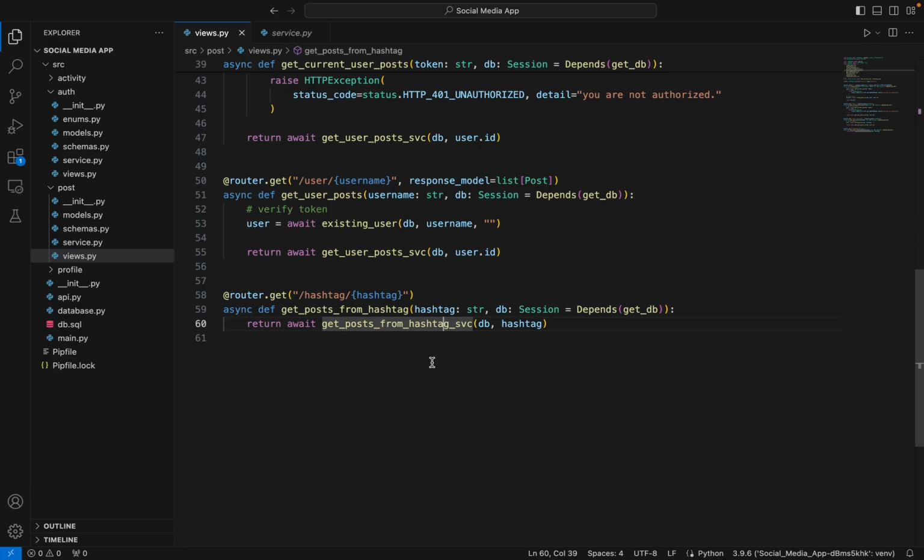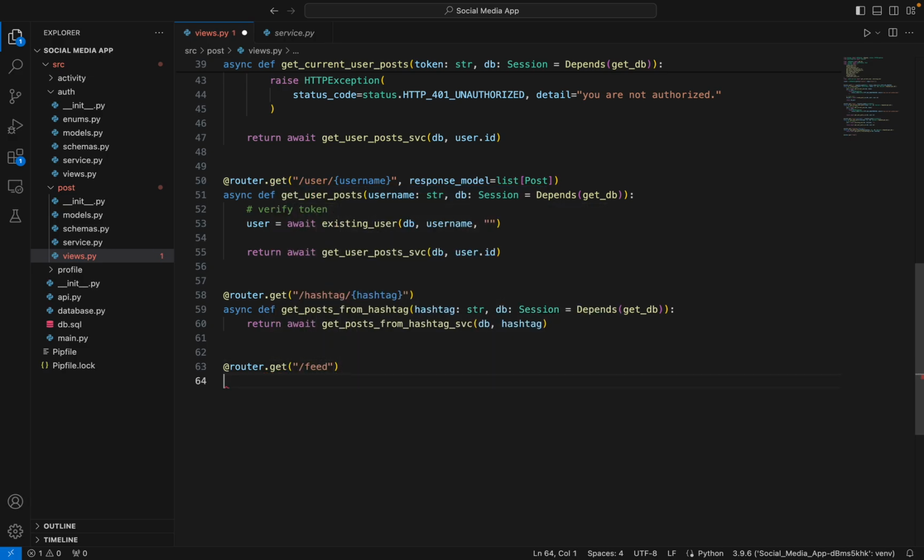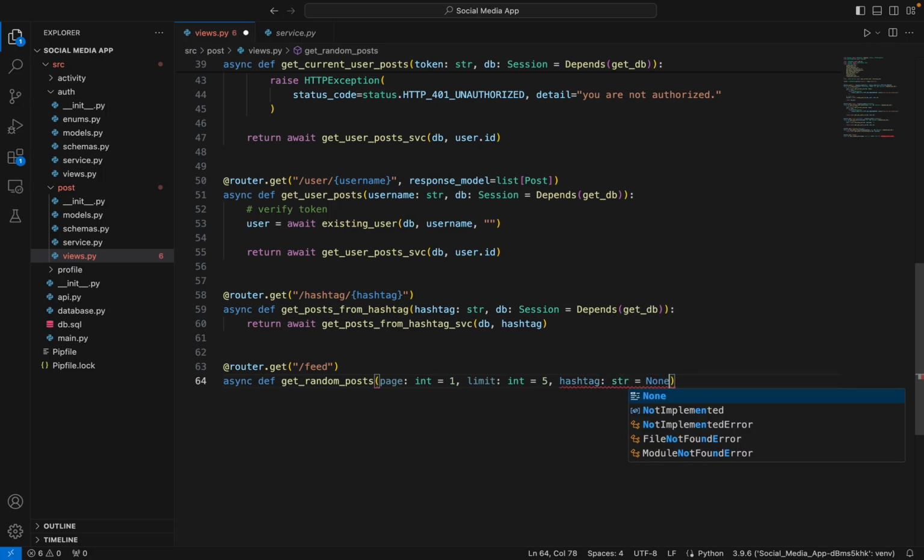And what else do we need? Get random post. Yeah, router.get. I'll just name it feed for now. And async def get_random_post, and this will have one page. Which page you want? First one is going to be default. Limit, I just set it to 5 here, and hashtag if you want to filter it by a certain hashtag, and one db session, which is going to depend on get_db,